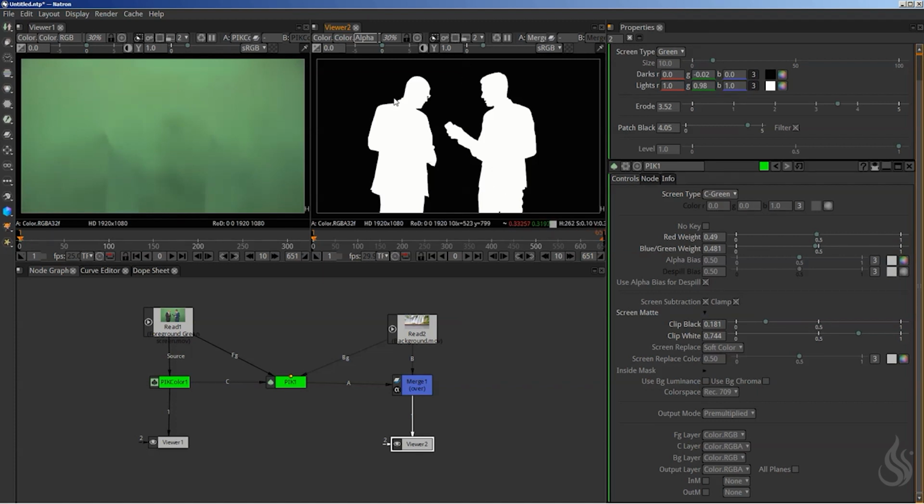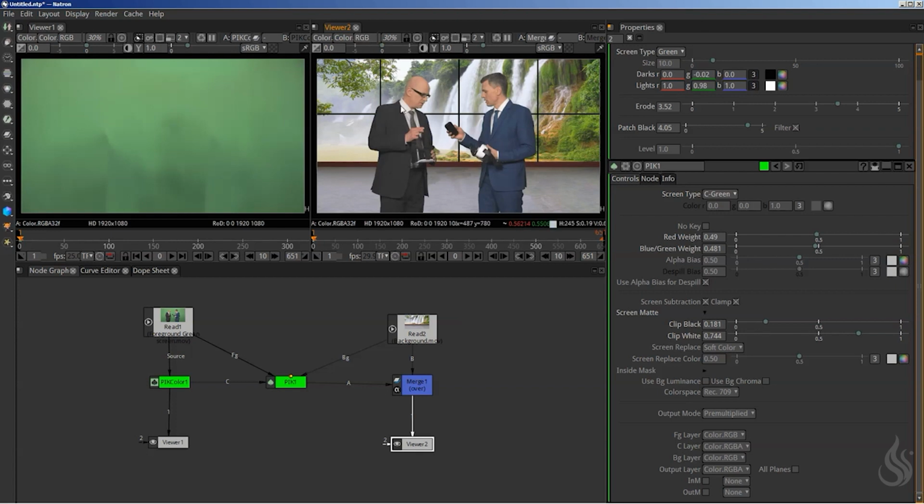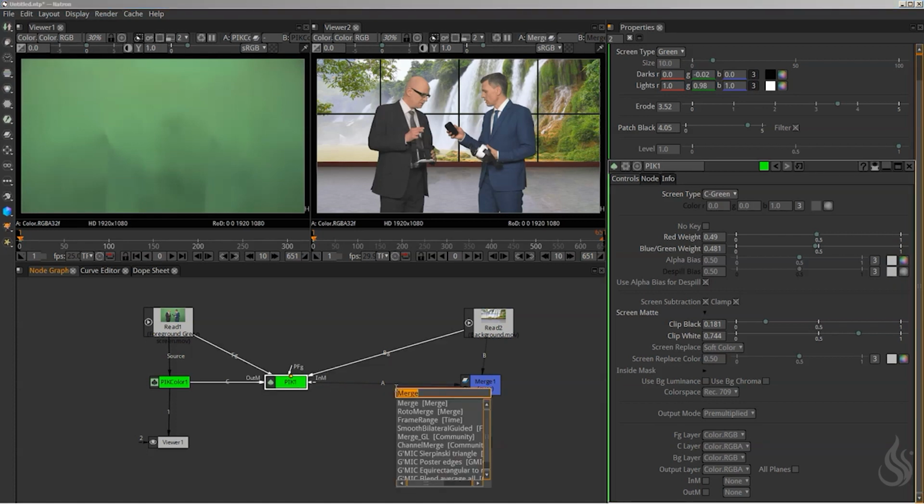I am going to press on A on the keyboard to get back this, and we have some other things to do. Of course, there's a dispel, but before that, oh, you know what? Let's bring in a dispel, and then I'll show you something else. Let's bring in a dispel. So tab and dispel